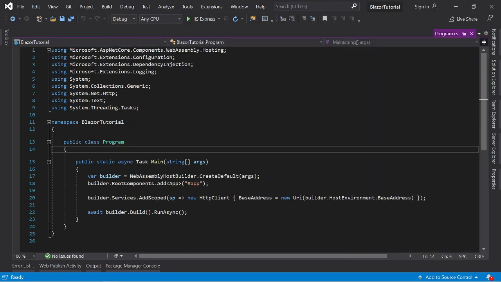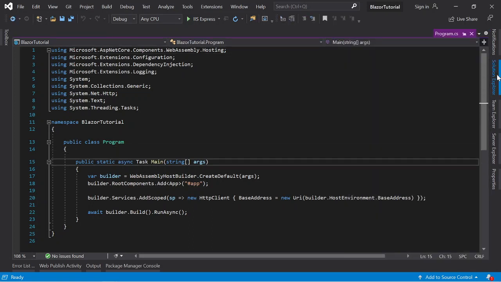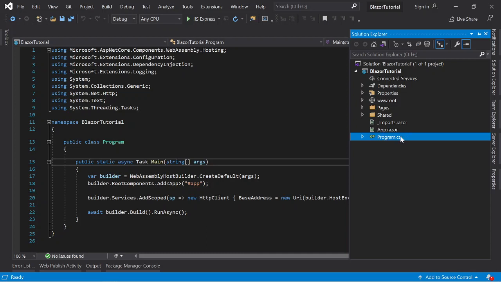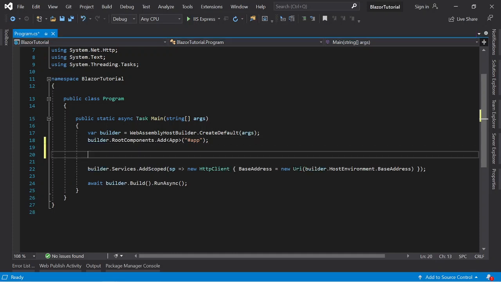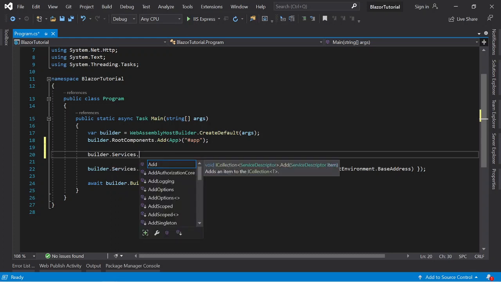In a Blazor WebAssembly, we don't have startup.cs in here. We use program.cs. If you want to add a service, we just need to type builder.Services and the service itself.